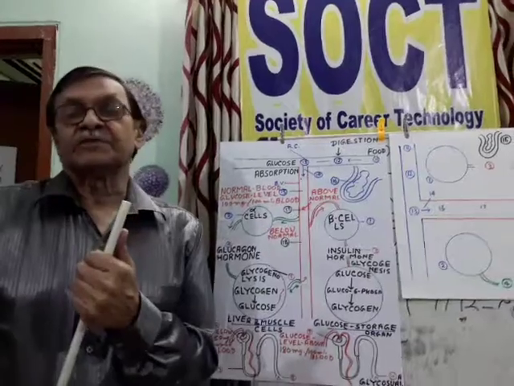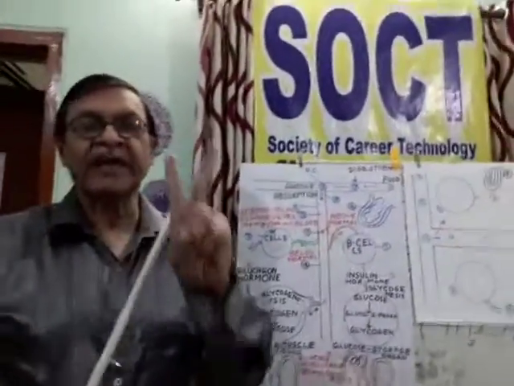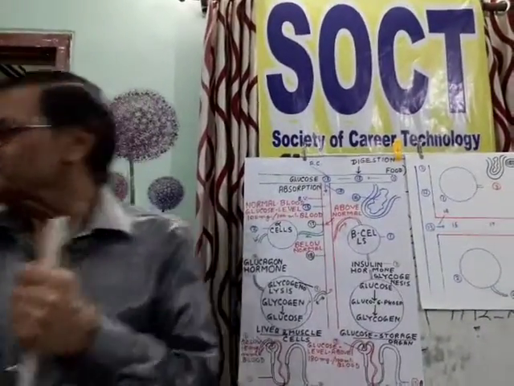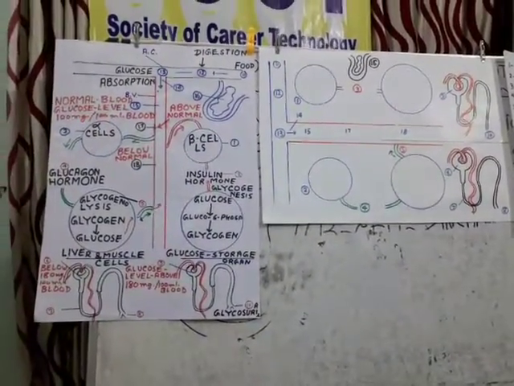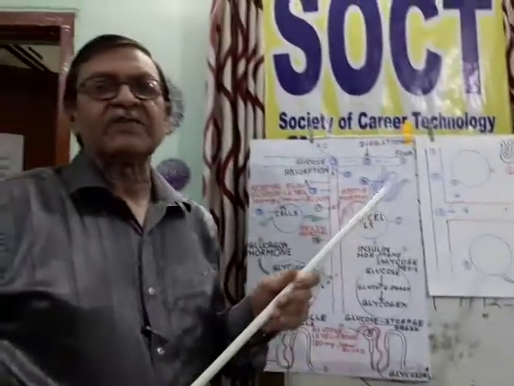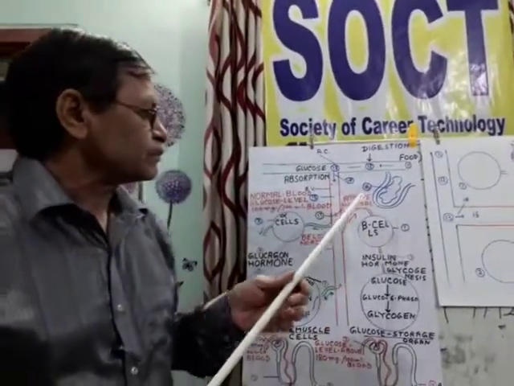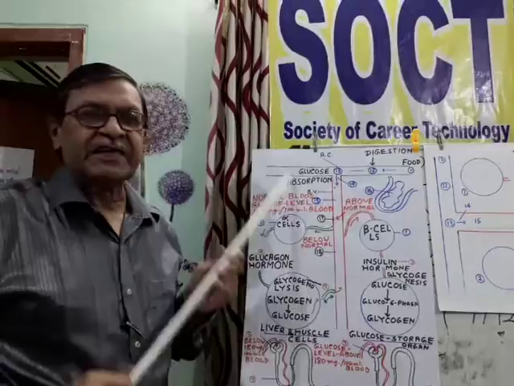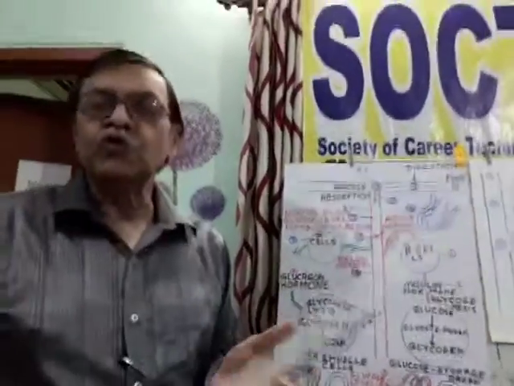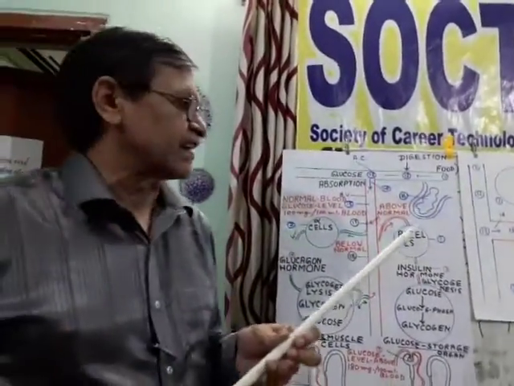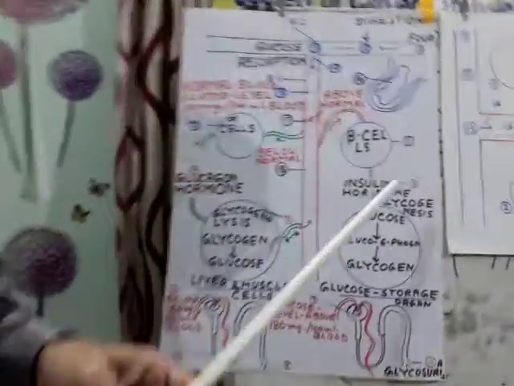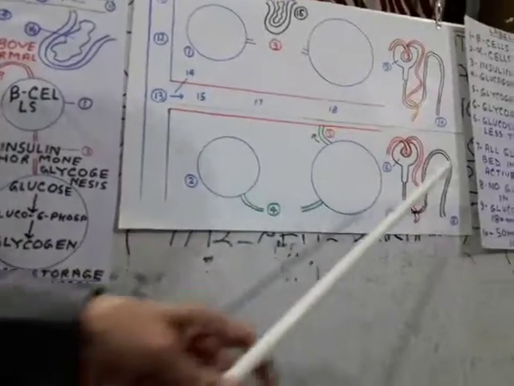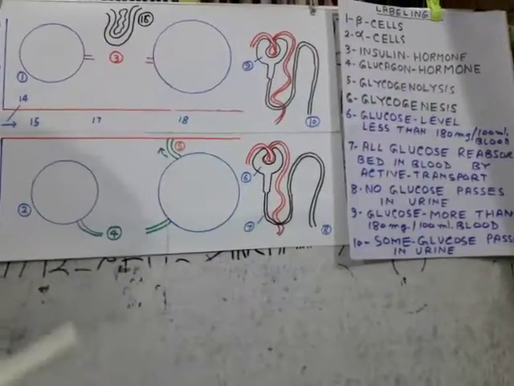So today I would like to tell you how to simplify the diagrams and how to simplify their labeling. For example, here you can see two ways of depicting the same diagram. Here I have two methods of depicting the same diagram. Here I have made all the labelings. Here I have not made the labelings. The labelings are depicted separately.